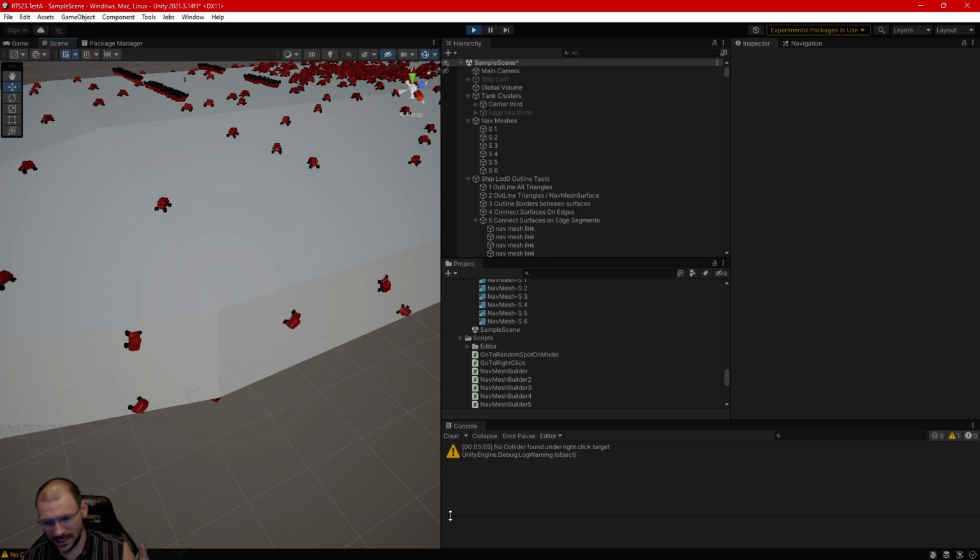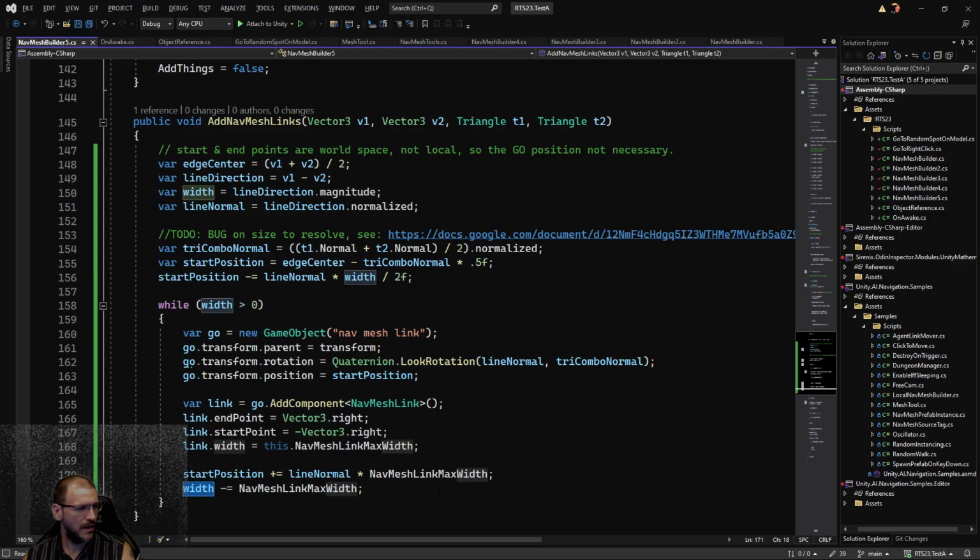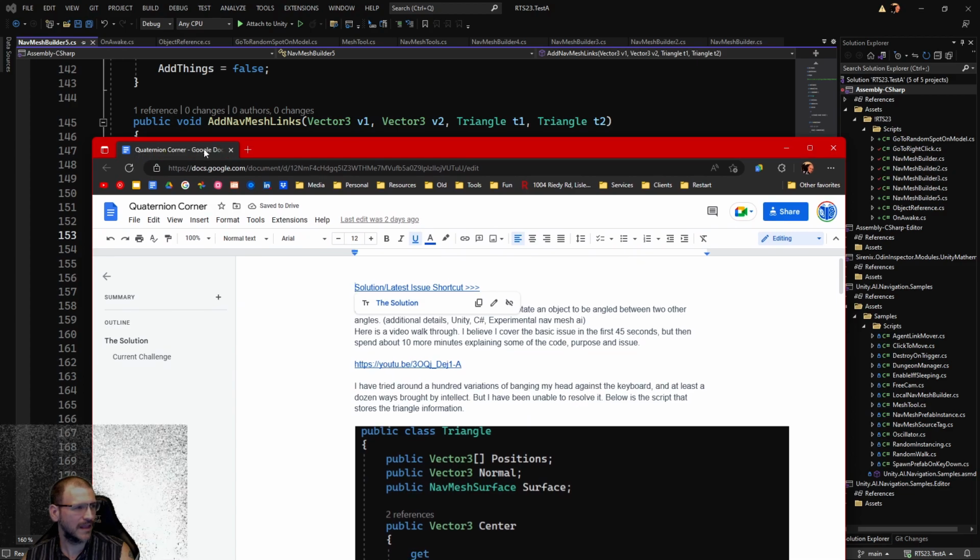So now I did say that there was going to be a bug in the code that we were going to come across. So let's take a look at what that bug is. That bug has to relate to this triangle position. Let me go ahead and show this in the code. There's a to-do, bug on size to resolve. So I'm just going to go into this line, and let's pass it over here, and so you can see it. Now, I'm using a pattern in my code development that shows a specific issue, how we can end up resolving,